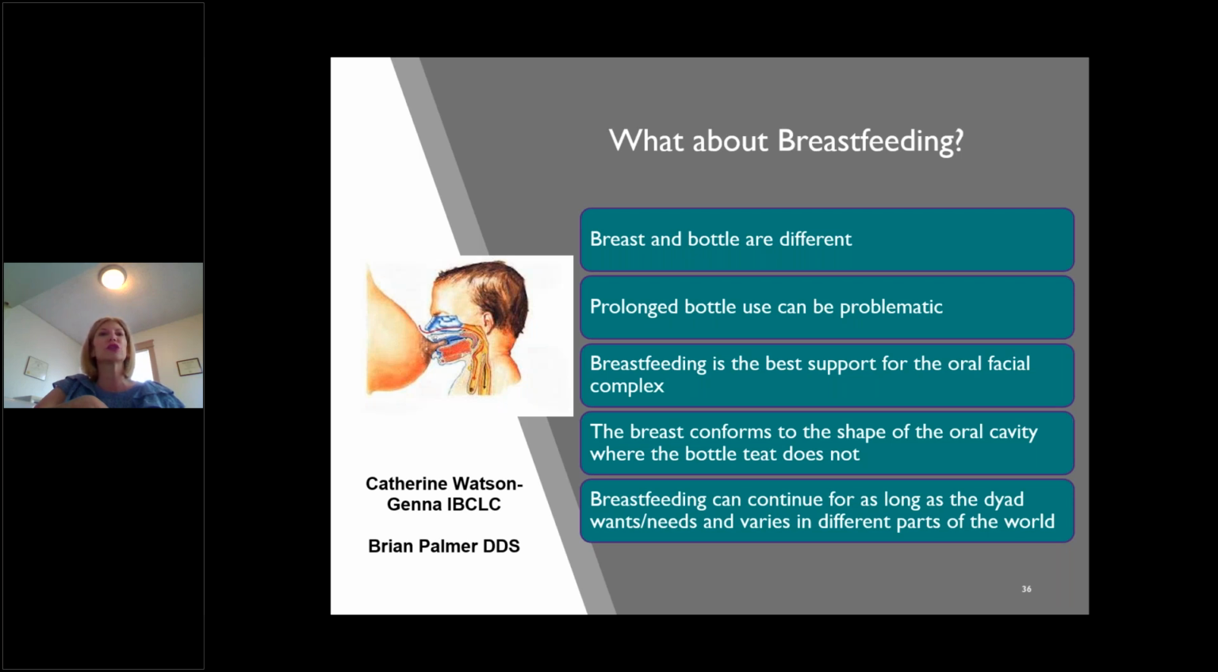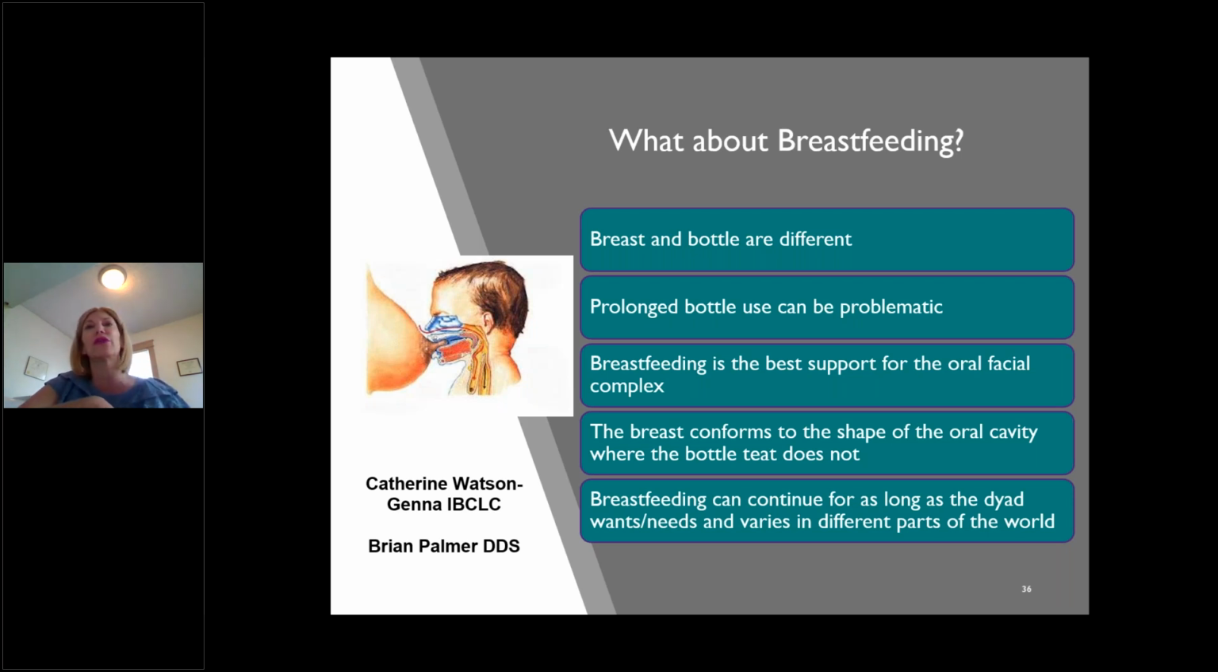Breastfeeding into the toddler years will not cause a problem with dentition in the orofacial cavity, but the bottle could. Breastfeeding, according to Catherine Watson-Jenna, world-renowned IBCLC, and Brian Palmer, DDS, is the best support for the orofacial complex. The breast conforms to the shape of the oral cavity, and breastfeeding can continue as long as the dyad wants